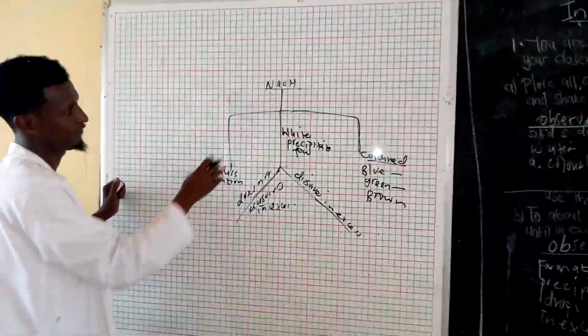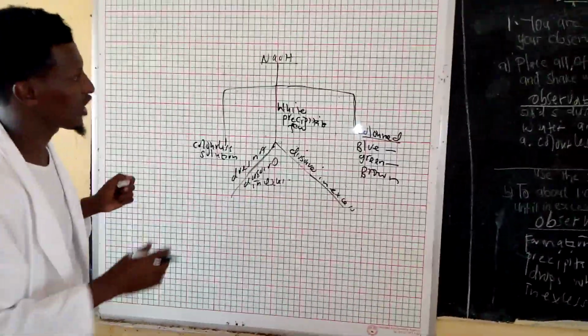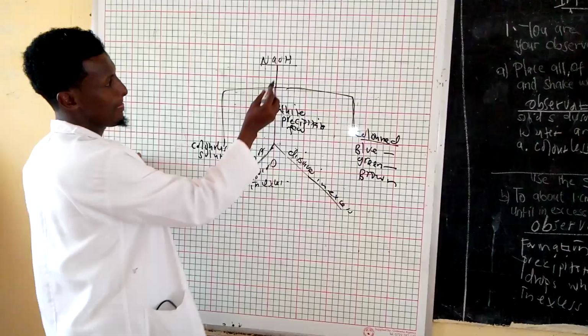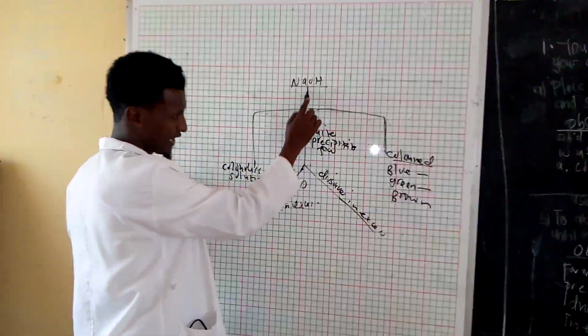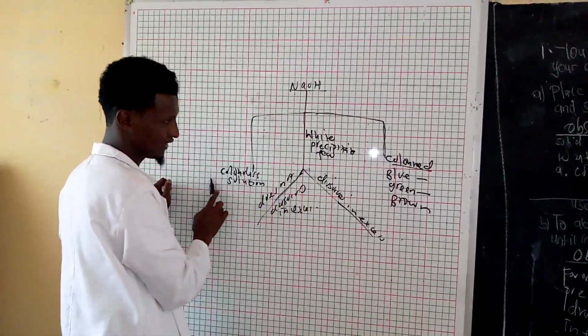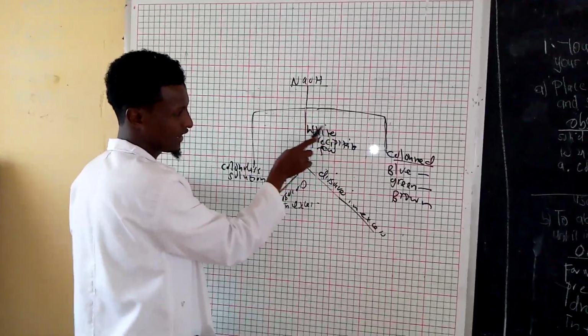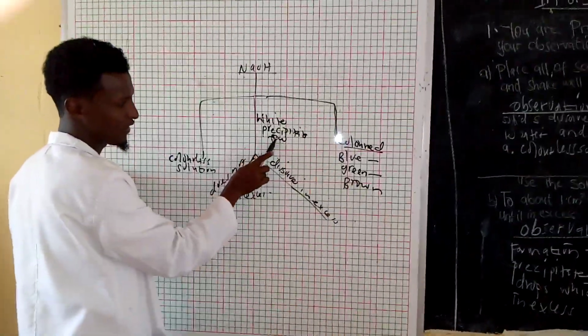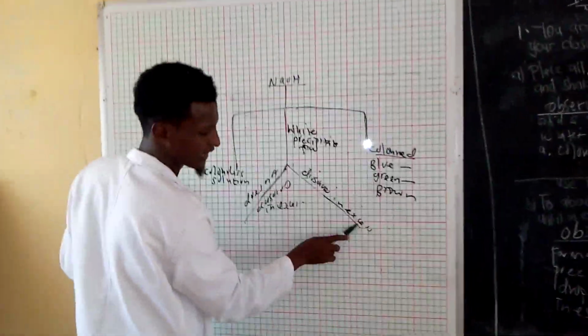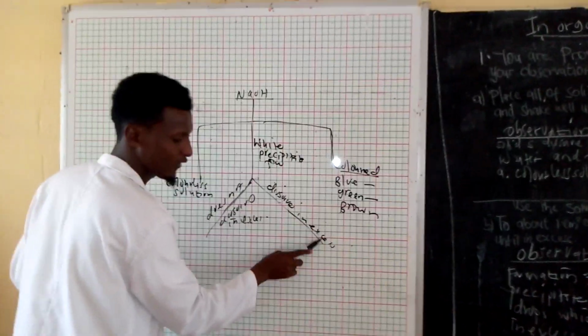If it dissolves like this now, so to your information, we have added sodium hydroxide. We have not seen this. We have seen white precipitate. So the white precipitate, we have seen white precipitate in few drops, but it dissolves in excess now. So we have to write